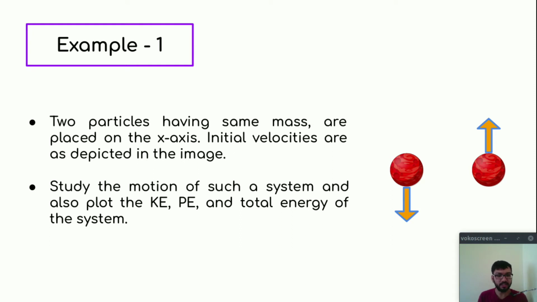But before we simulate this system, I want to know from you guys what will happen in this case. See, the first possibility is that as we have initial velocity, they may just fly away due to this initial kinetic energy, right? But there is another possibility that as this gravitational force is attractive in nature, they may just stick to each other. So what will happen? What do you think? Let's find out the answer to this problem.